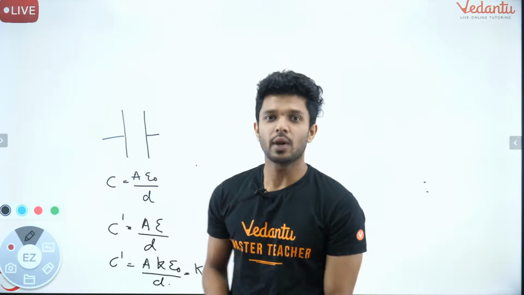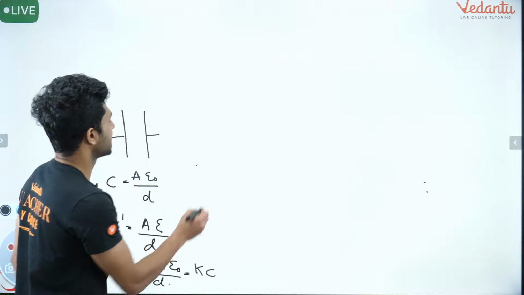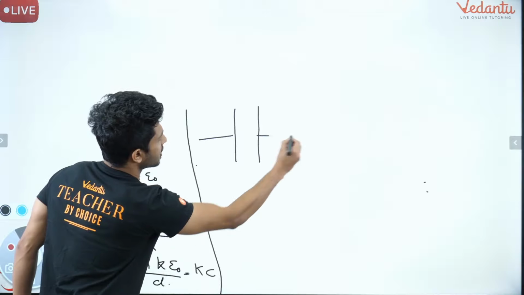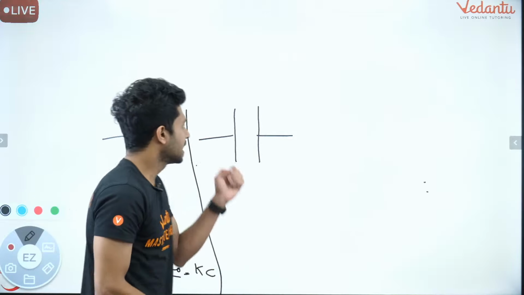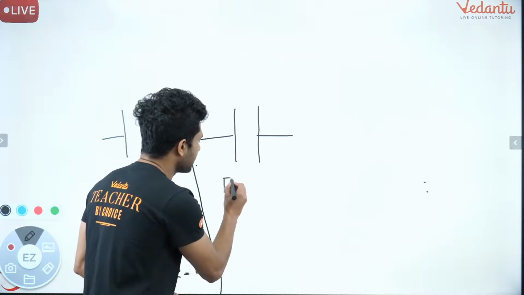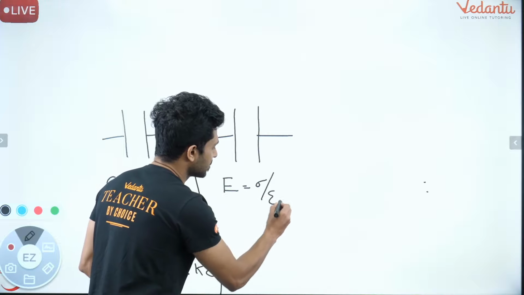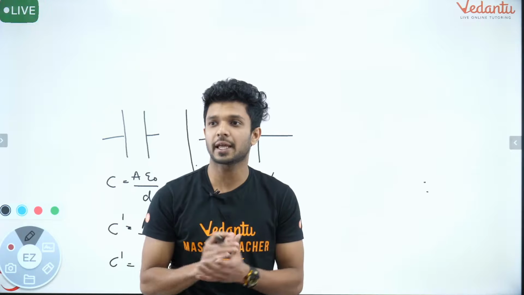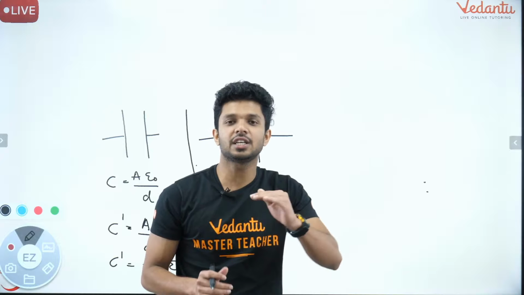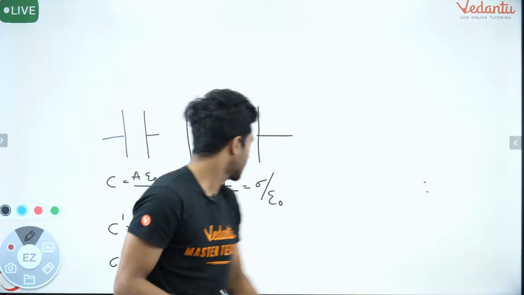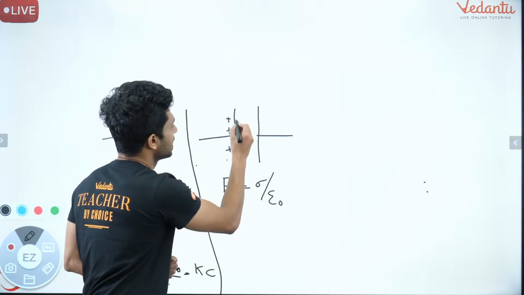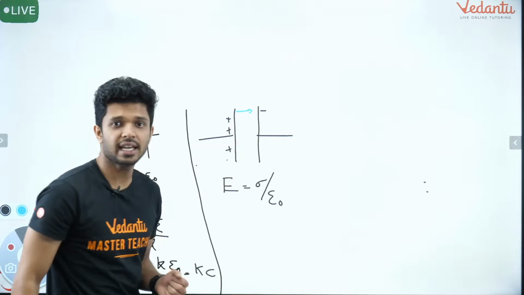Now let us see what is happening whenever you are keeping a dielectric material in between, in the charge distribution. Whenever you have only air in between the capacitor plates, the electric field in between them is given by sigma by epsilon 0, because it was air. Don't worry, once I start explaining this theory, you will slowly understand the questions. So the electric field is given by sigma by epsilon 0, in the direction from the positive to the negative plate, right? This is what happens.